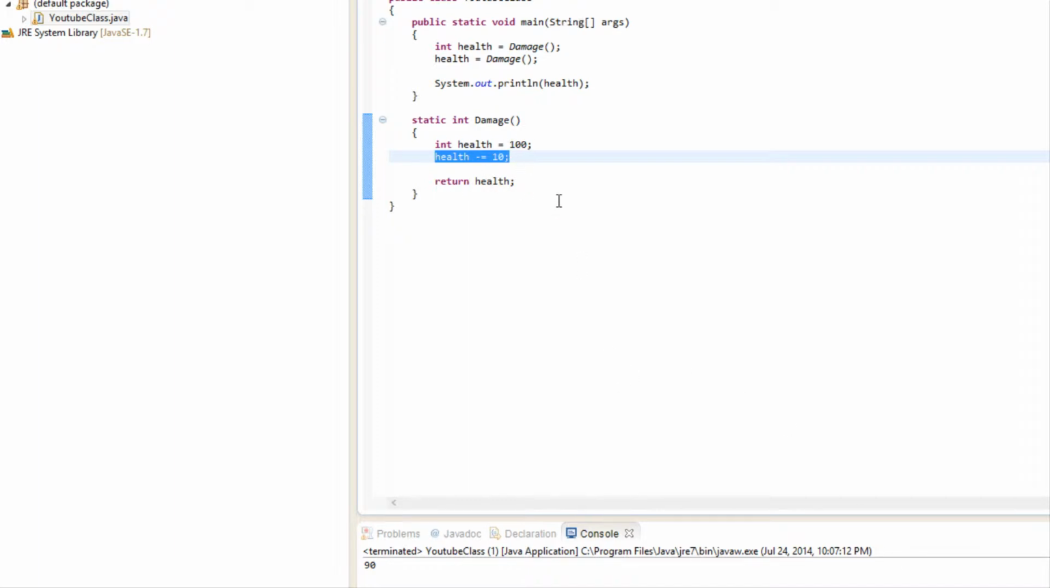So then it comes to, okay, I get it, we're creating this local variable, we're always setting it to 100, and we're always subtracting 10 from it, so no matter what, our health is going to be equal to 90. So what are we going to do? How do we keep track of our health? How do we let damage know what our health is? Well,